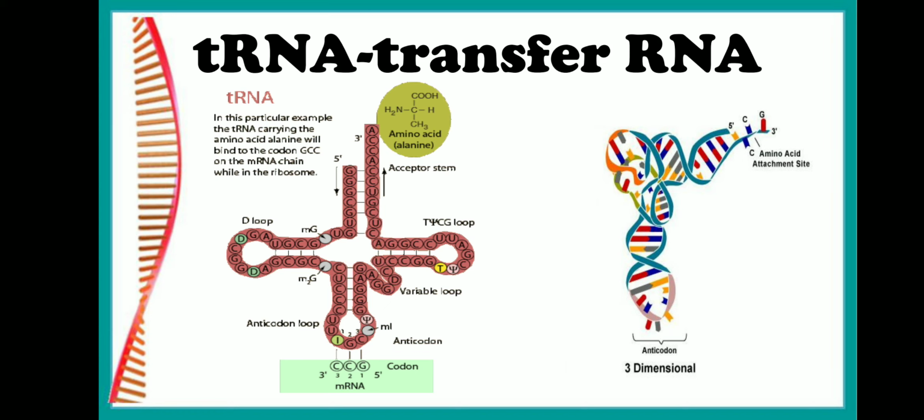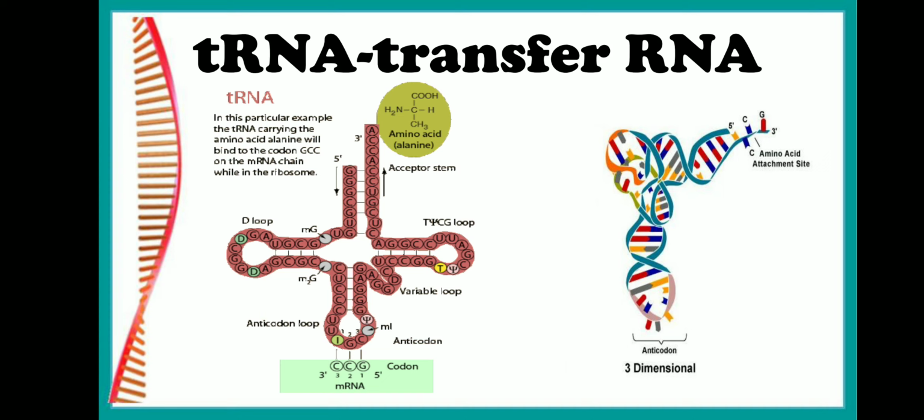And then we have a variable arm. It contains about 4 to 21 nucleotides. Now the function of the variable arm is not well studied. It stabilizes the tertiary structure of the RNA, and it also varies in the tRNA modification. That is all that is known till now. And if we look into the unusual bases that are usually present in tRNA, they are inosinic acid, which is present in the anticodon loop. Methyl guanosine is also present in the anticodon loop. Then you have pseudouridine, and we also have dihydrouridine. So these are the unusual bases that are usually present in the tRNA molecule.